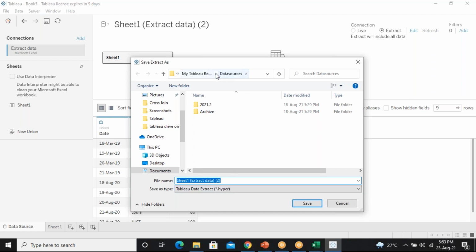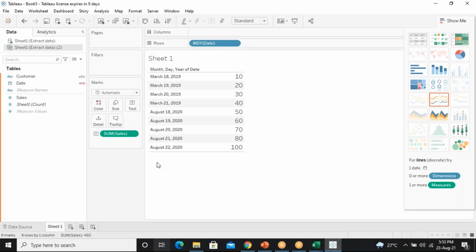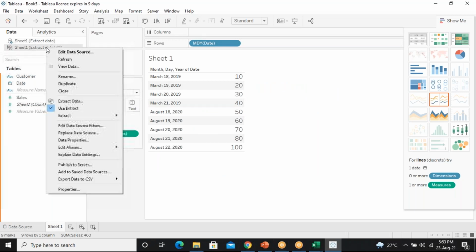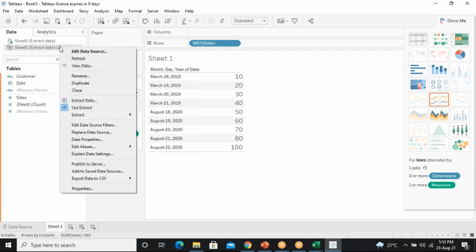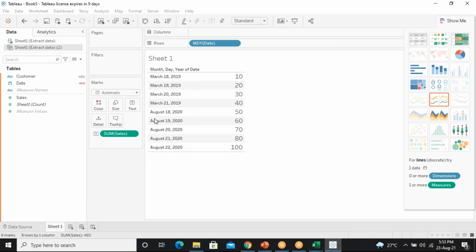The file gets stored in my Tableau repository in the format of Tableau data extract. Then I go into sheet view, and when I right click on the extract data, it shows extract data refresh. This is how to refresh the extracted data if you make some changes. So this one is for live and this one is for extract.